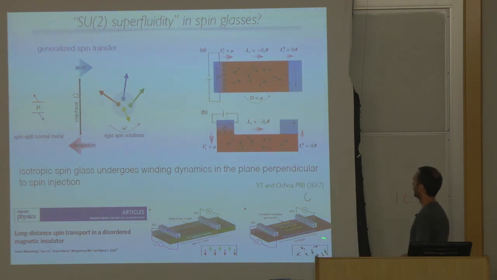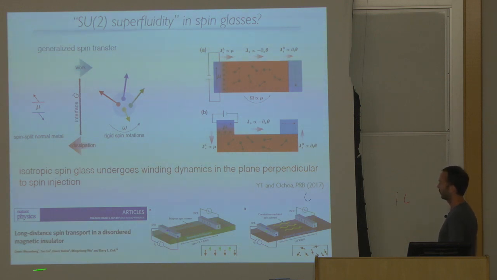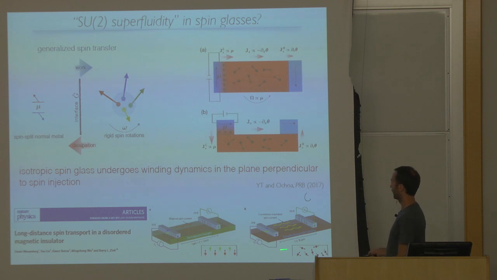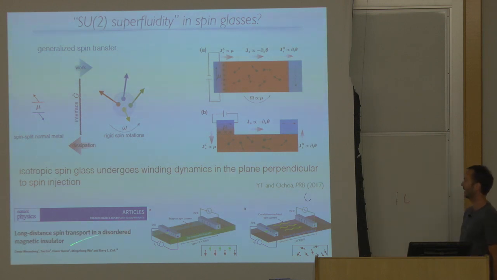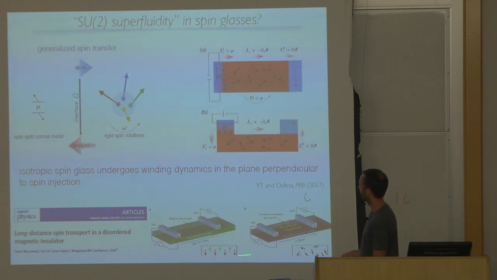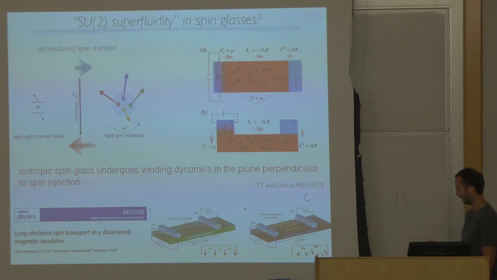And incredibly, at the same time as we were thinking about it, an experimental paper came out. I'm not sure at this point whether this is directly related or not, but there is an experimental paper that claims exactly this sort of thing. Maybe the origin of this is different, but it is something that needs to be understood. Long distance spin transport, again with injection and detection via the spin Hall effect, through a granular disordered magnetic insulator. And they actually also invoke the notion of spin glass as a speculation. It's interesting to see whether this goes anywhere, develops anywhere. But okay. Spin glasses, the classic